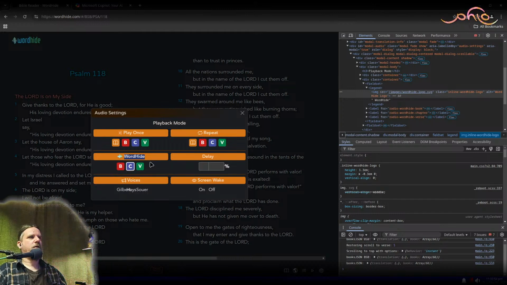Oh man, this is complicated because these are all part of the same radio group. So if I click this one, it unclicks that one. So they're tied together, but they're also distinctive in the sense that these two groups up here are very much alike. Same visual structure, same four buttons. So that makes sense to tie those together. This one has some of the same buttons, but it also has the delay stuff, so it's related, but it's not a one-to-one relationship. And that causes some minor confusion.